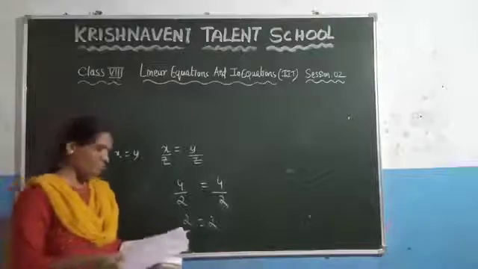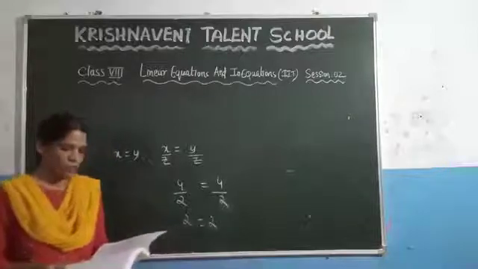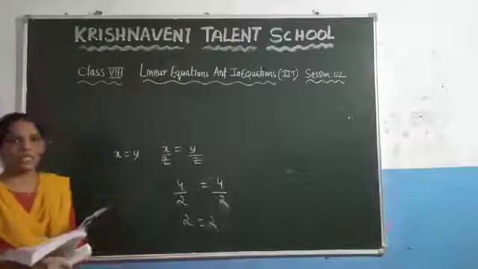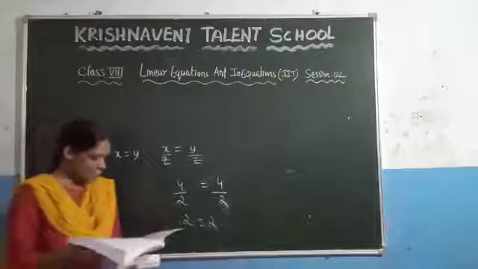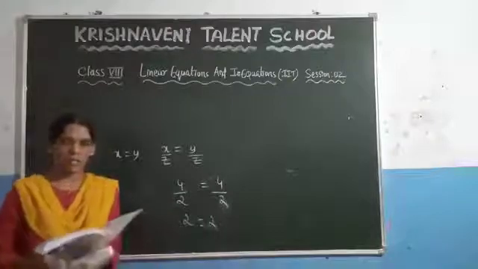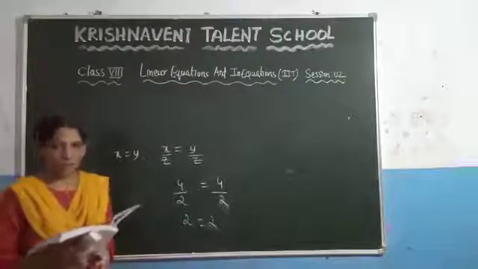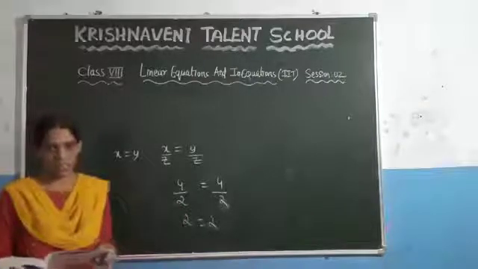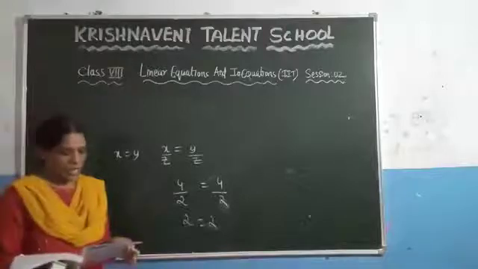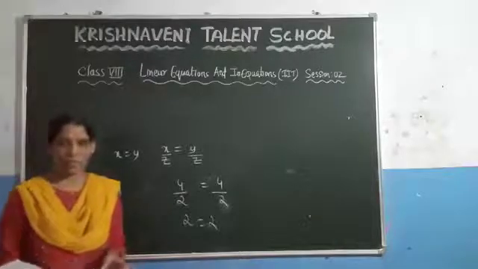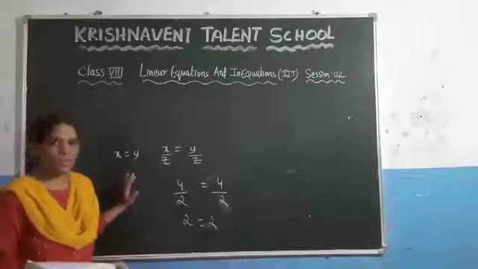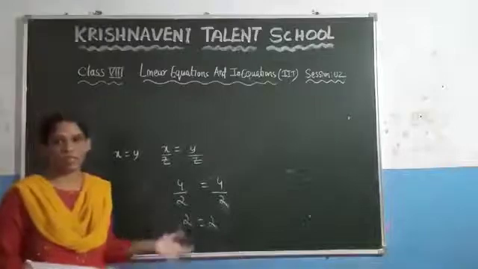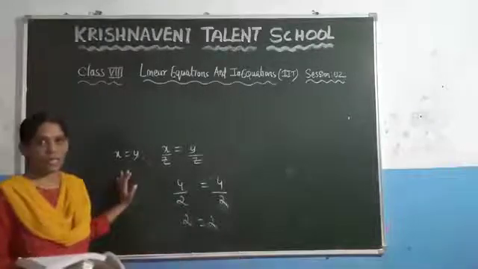So up to now what we have discussed here: linear equation. What is meant by a linear equation? If the degree of the equation is 1, we call it a linear equation. And what is meant by a simple equation? If you are given any equation, you can solve for the value of the variable by using some methods. We are going to discuss those methods in the next session. After that we discussed the properties of equality. In that we discussed the reflexive property. What is meant by the reflexive property? If every number is equal to itself, the property we call a reflexive property.